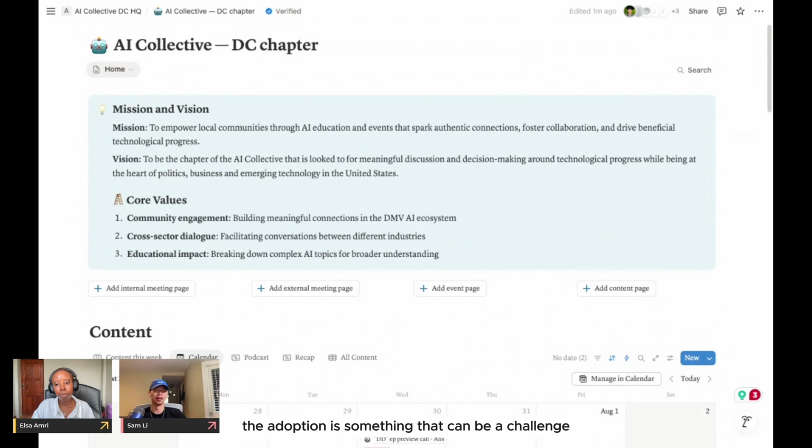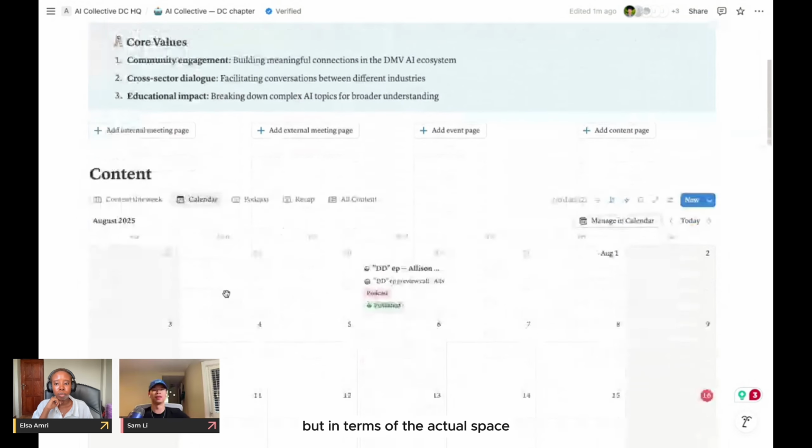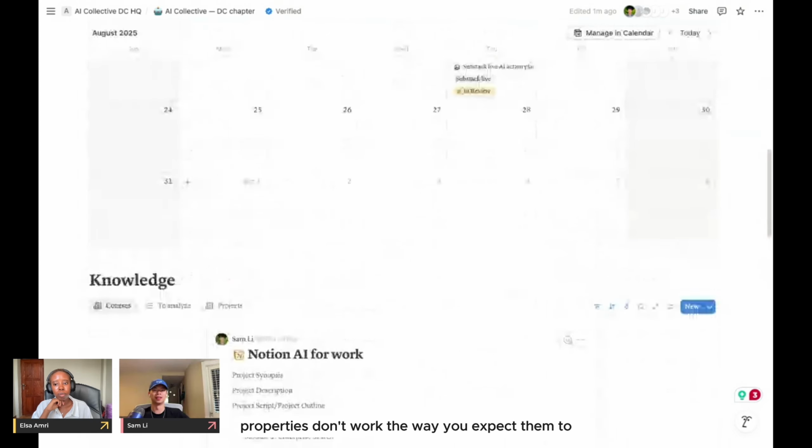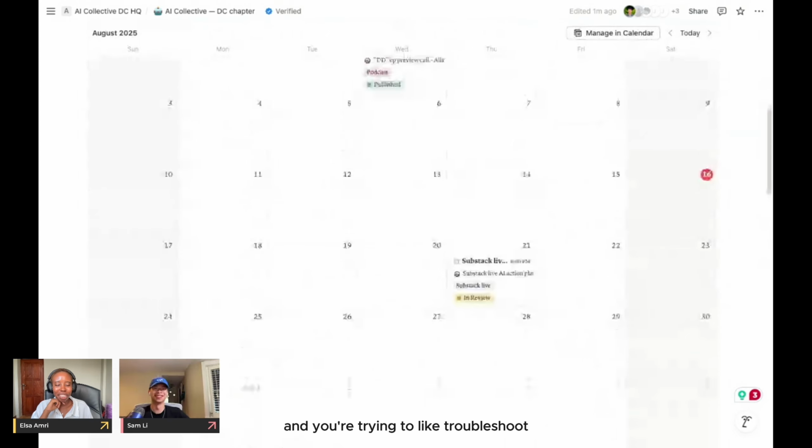So I think the adoption is something that can be a challenge, but in terms of the actual space, it's when formula properties don't work the way you expect them to, and you're trying to troubleshoot.